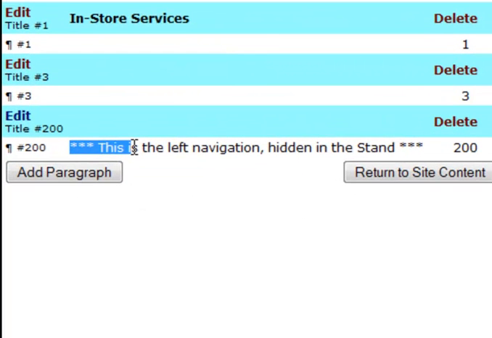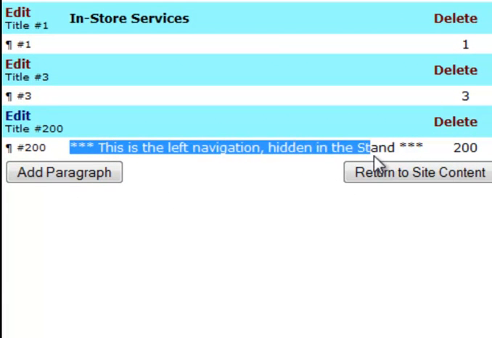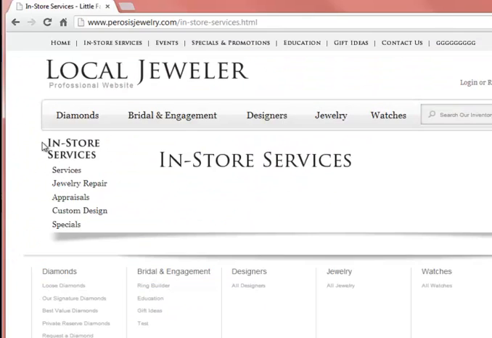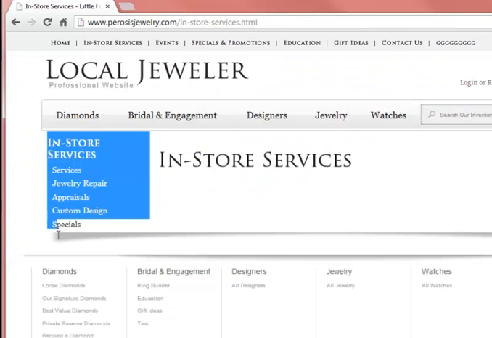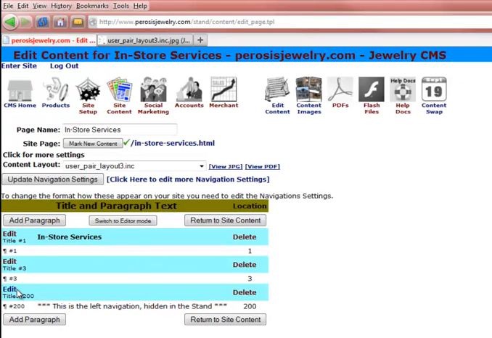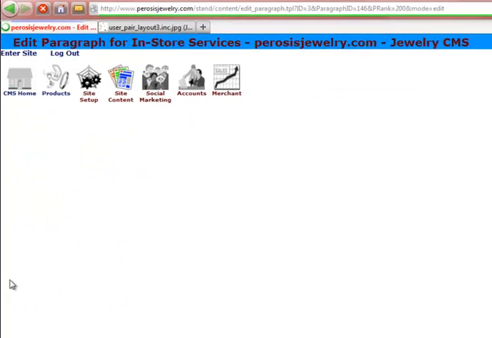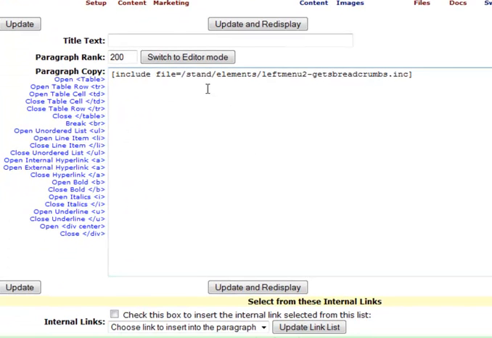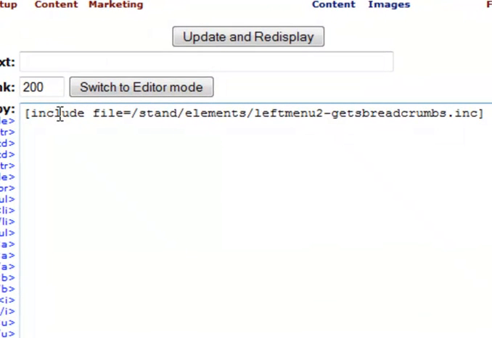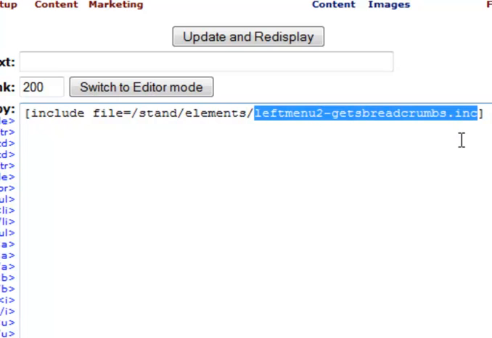Now again, with these asterisks, this says this is the left navigation hidden in the stand. And that actually corresponds to this left navigation on the side. I'm going to go into paragraph 200 by clicking the edit link. And what we see here is a snippet of code calling what's referred to as an include file. In this particular case, it's calling an include file from a directory called stand, elements, and then the actual file name is left menu